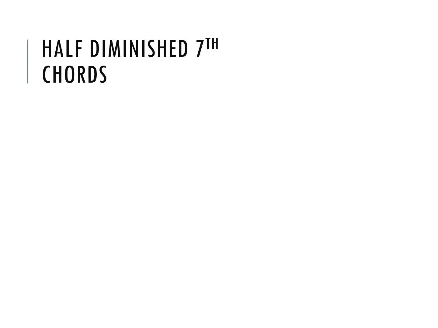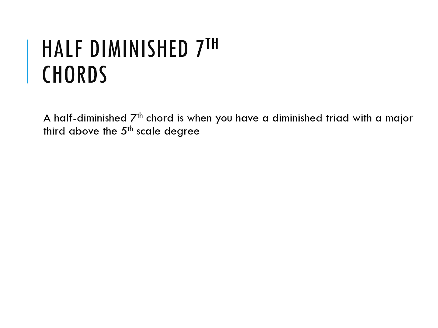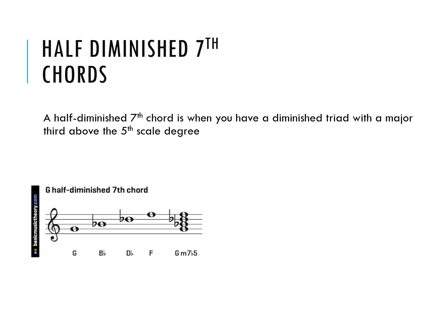Another type of seventh chord we have is a half diminished seventh chord. A half diminished seventh chord is when you have a diminished triad with a major third above the fifth scale degree. So one example of this would be a G half diminished seventh chord, which to make a G diminished